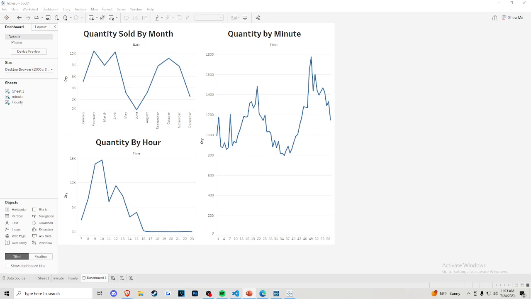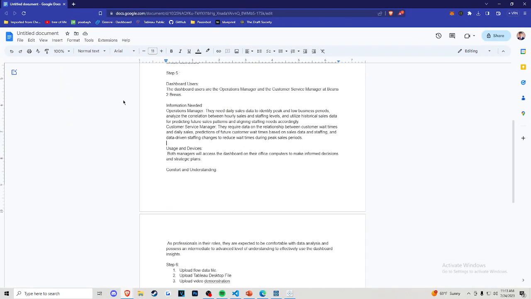Number 5 is talking about this. So I'm going to go ahead and read about the dashboard users. So here, I already wrote some out. So dashboard users, the dashboard users are the operations manager and customer service manager at Beans to Brew. Their information needs, for the operations manager, they need daily sales data to identify peak and low business periods, analyze the correlation between hourly sales and staffing levels,